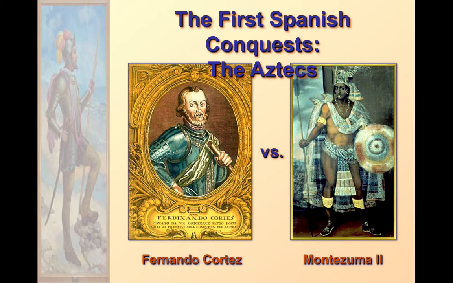He comes in. They believe it's fulfilling a prophecy. They don't originally try to stop him. They reverence him as a god. And they quickly find out. Now, Cortez's men are appalled by what they find as far as their practices, their culture, the human sacrifices that were being done in the name of their god, in honor of their gods. And this really appalls the good Christian Catholic believing